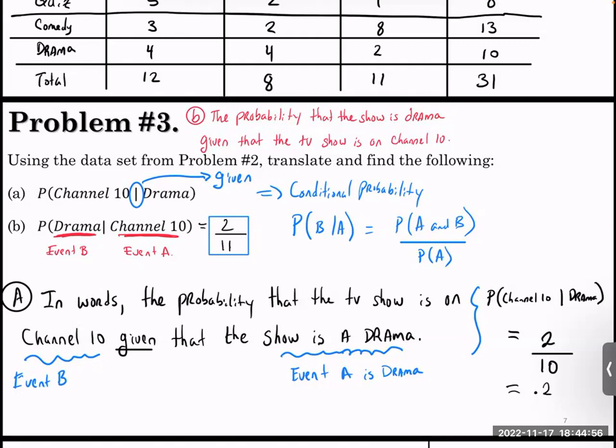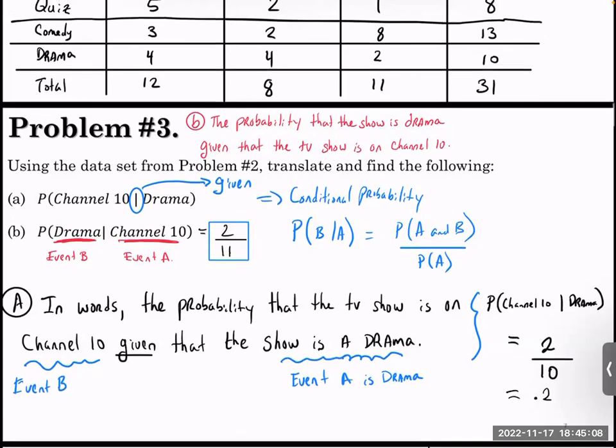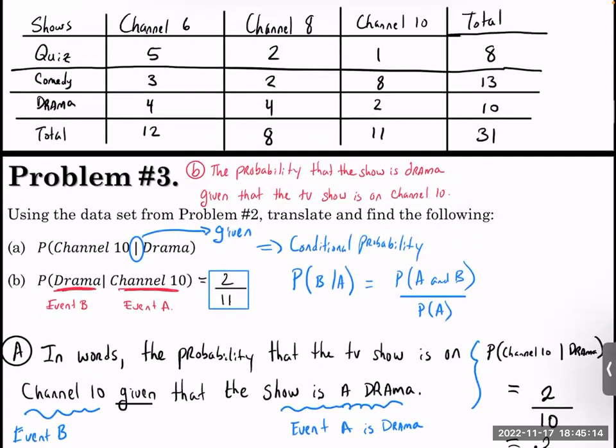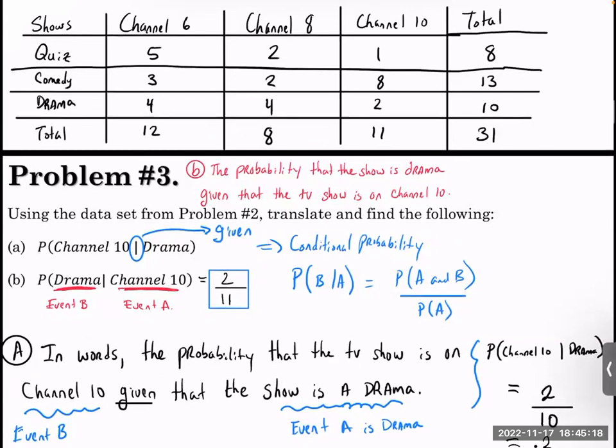Are there any questions? Yeah, Sanjita? Why is it not 4? 4 out of 10? Which part, A or B? Part A, no, it's 2 out of 10 because it's channel 10, not channel 8. Yeah, but how is it going to be 4? Look,